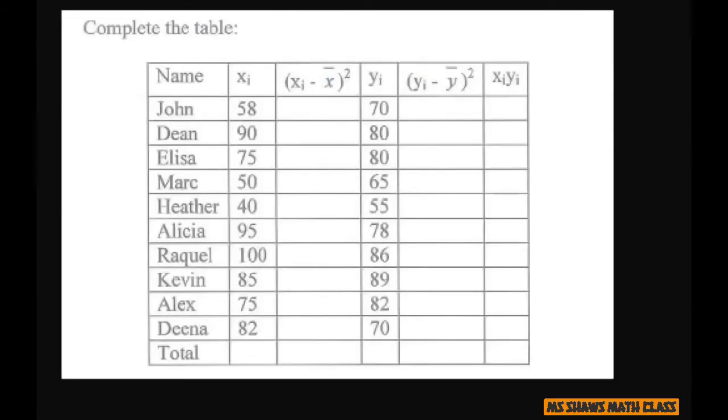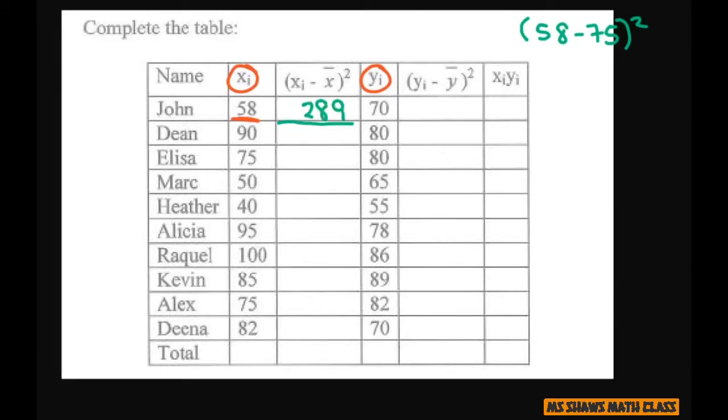Now, we're going to complete the table to get our R. And what we're going to do is list our x values and our y values vertically. Then take our number, so for this one, I would take 58 minus my mean value of x and square it. And I put this number in here. So you have to do that for all of these. And I already did that, so you can practice doing that, and you should get